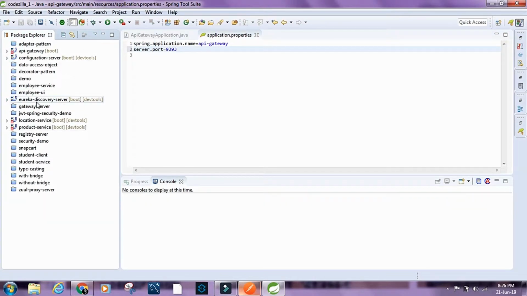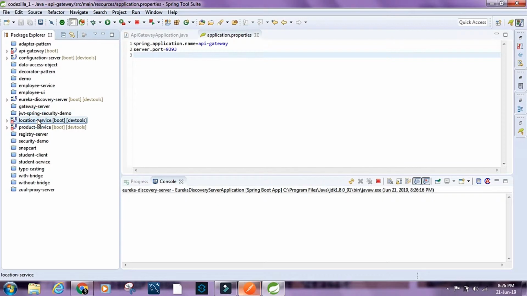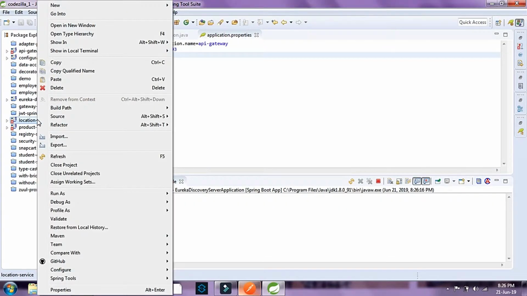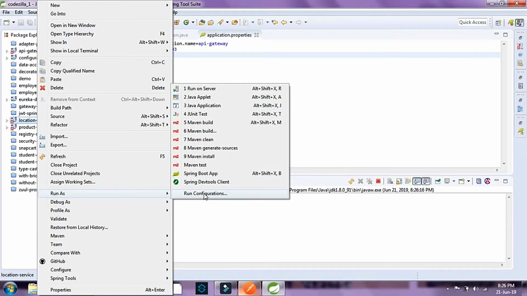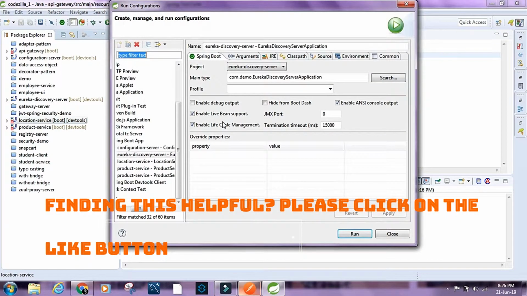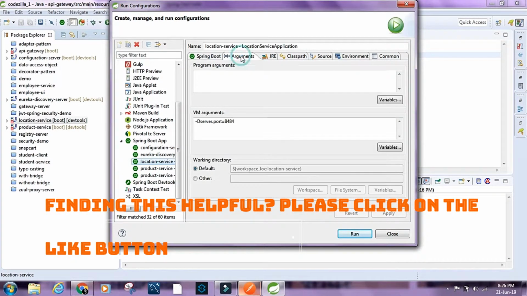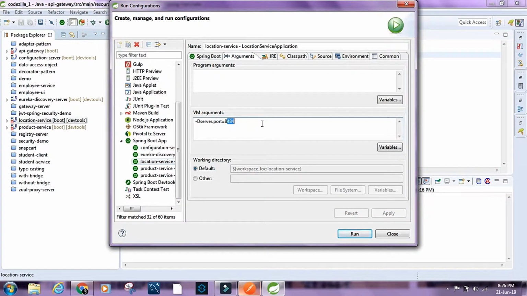Let's start the discovery server first. Then let's run location service. I'm going to say run configurations, select location service, and I'm going to put the port as 8181. I'm going to say run,